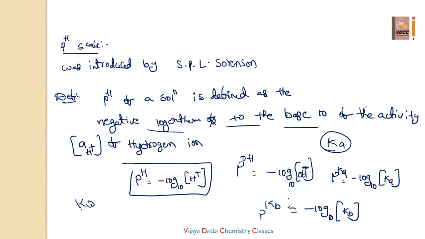Ionic product of water: already in the previous videos we have discussed. The pKw value is 14. The formula for pKw is negative logarithm of the ionic product of water. So not only for H plus, where pH means negative logarithm to base 10 of H plus, pOH also will be there. The pOH of the given solution is calculated as negative logarithm to the base 10 of the OH minus ion concentration. For any aqueous solution, the sum of pH and pOH depends on the ionic product of water.